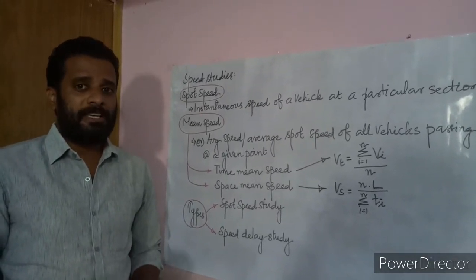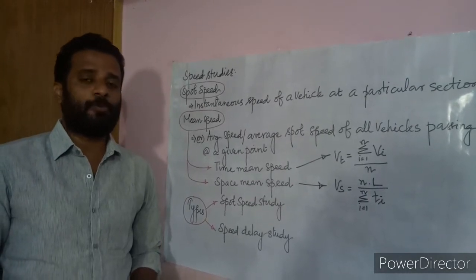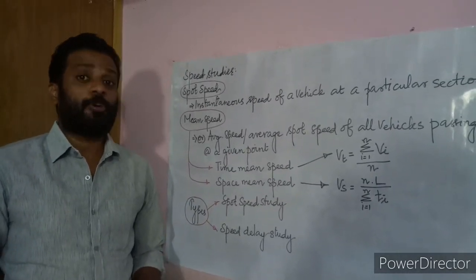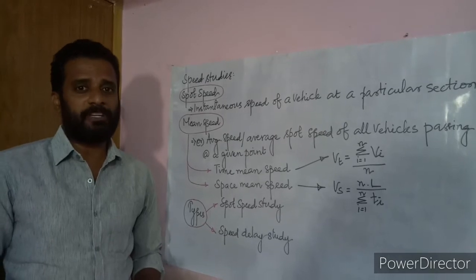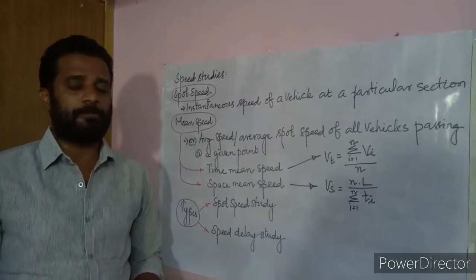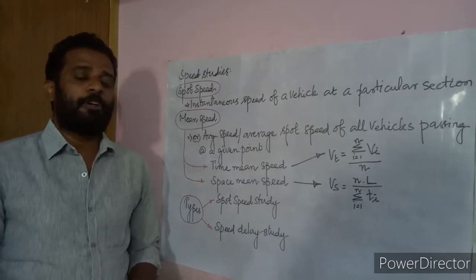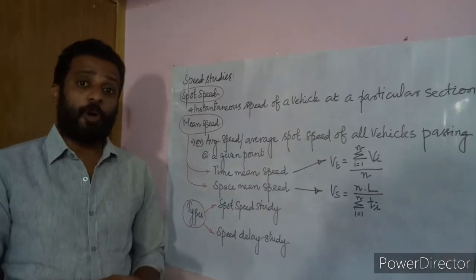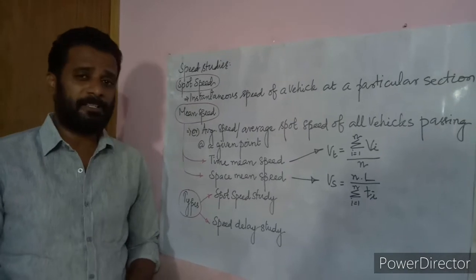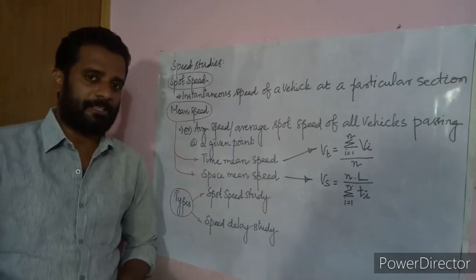Each and every vehicle has its own speed. Even the spot speed is specific to individual vehicles. It may be a car, a truck, or a lorry, whatever it may be. So the average of the spot speeds of all the vehicles passing through a given point